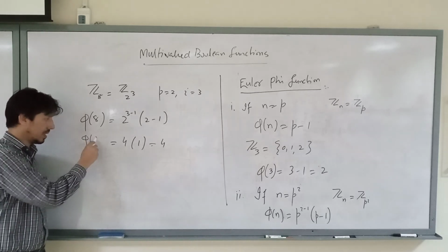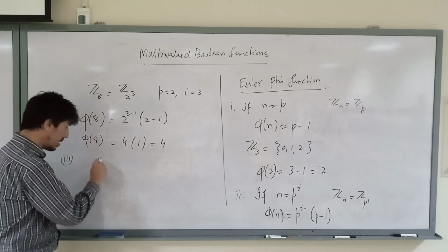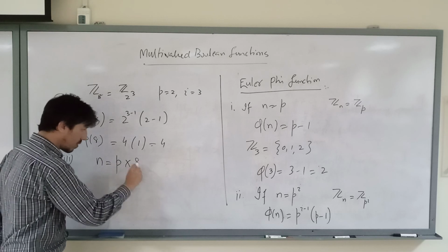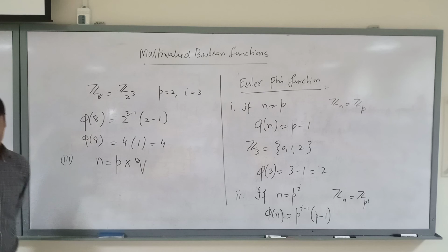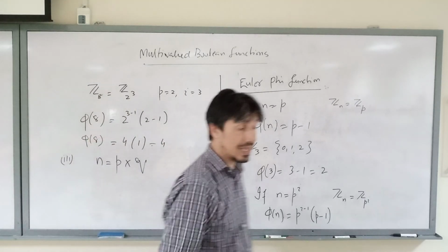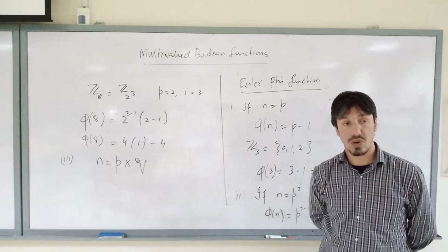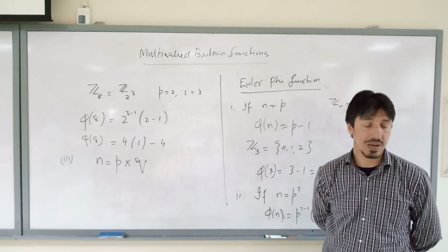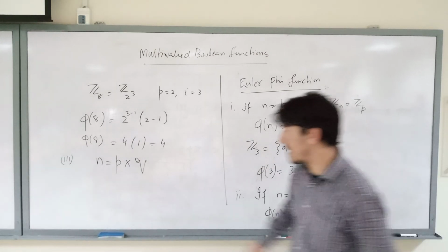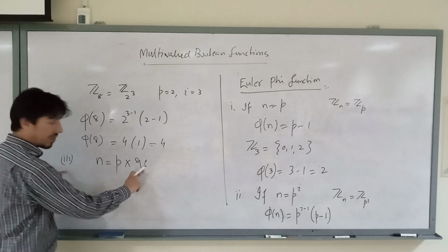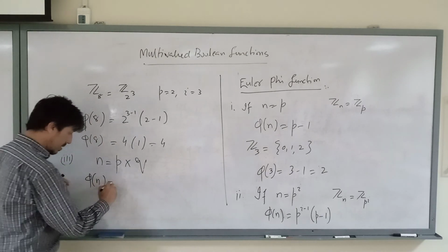Okay? Z8. Another case, the third one: any number which can be written as a product of primes, which is the fundamental theorem of arithmetic, that any number greater than 1, any positive number greater than 1, can be written as a product of primes. So I can just write it down. Phi of n, if I apply phi on both sides,